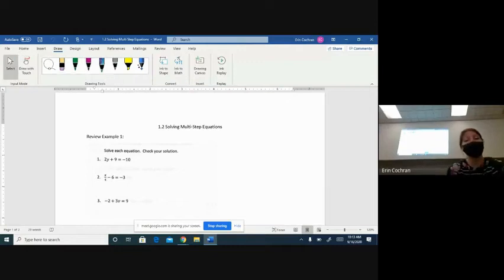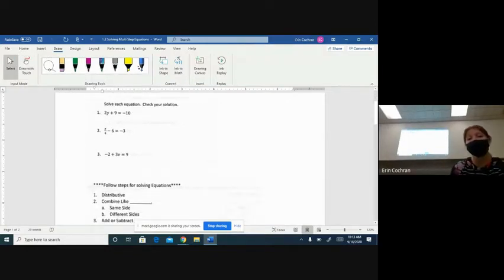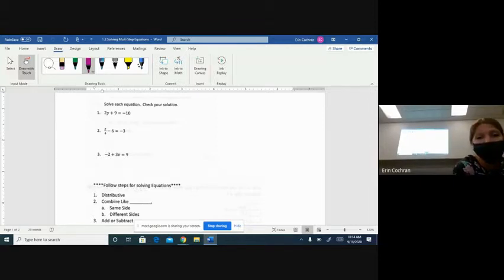As I look at example 1 here, I have 3 problems. This is kind of a review over 2-step equations, and we're gonna go through a couple and I'm gonna let you do the last one on your own. So what I always do is I tend to always draw a line down my equal sign, because